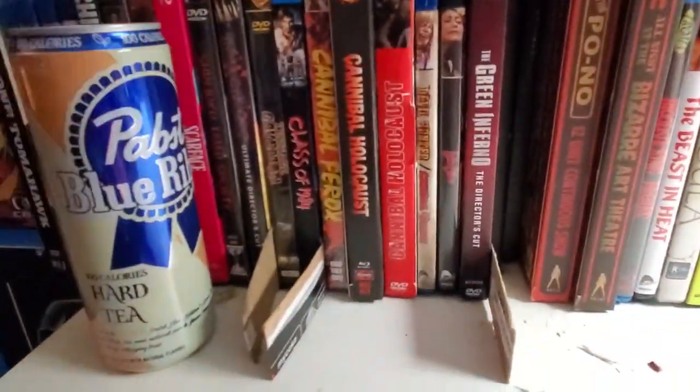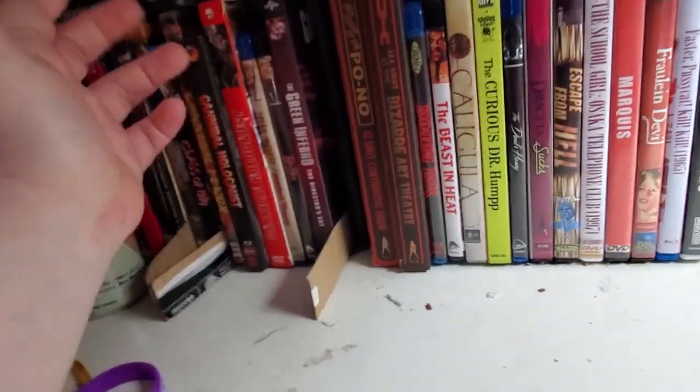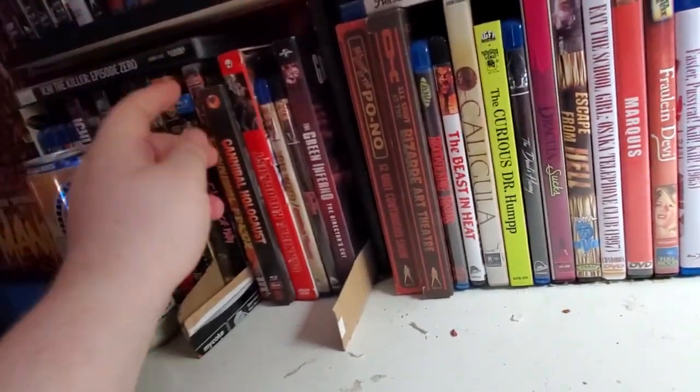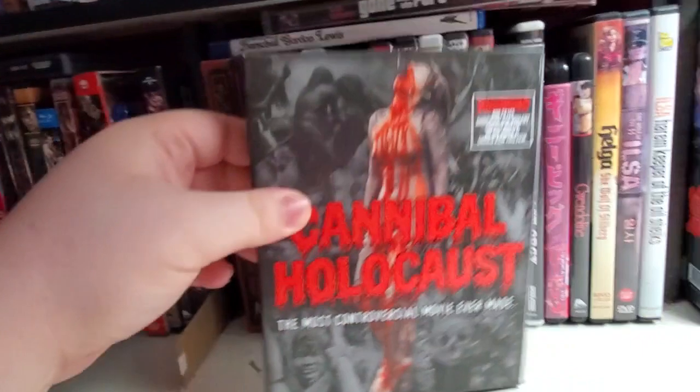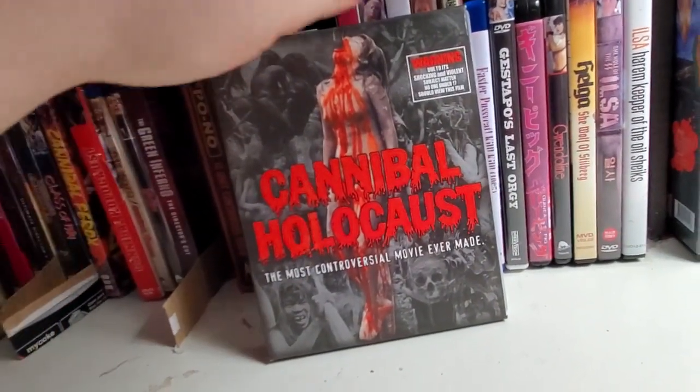Going down here and getting into the rest of this, we got some cannibal films. I don't want to focus too much on these because cannibal films are really needlessly racist and exploitative and nasty. Don't get me wrong, I still think Cannibal Holocaust is an amazing film. I think it's a really, really great horror film. But